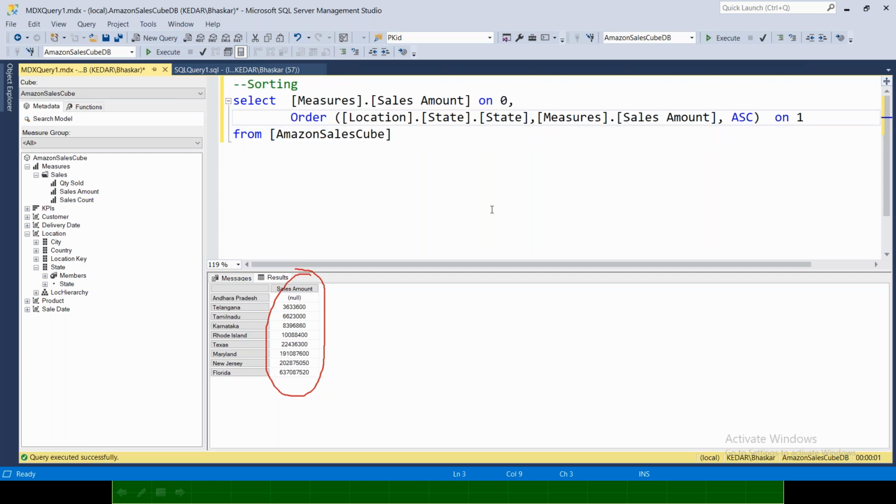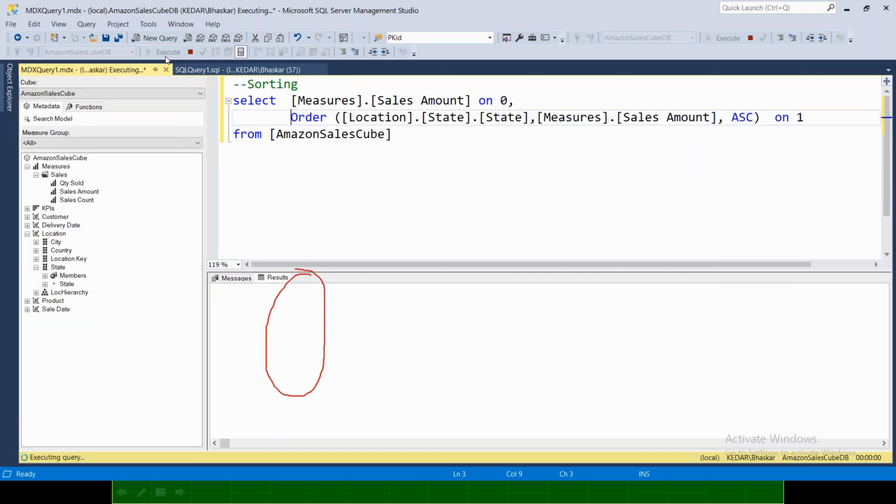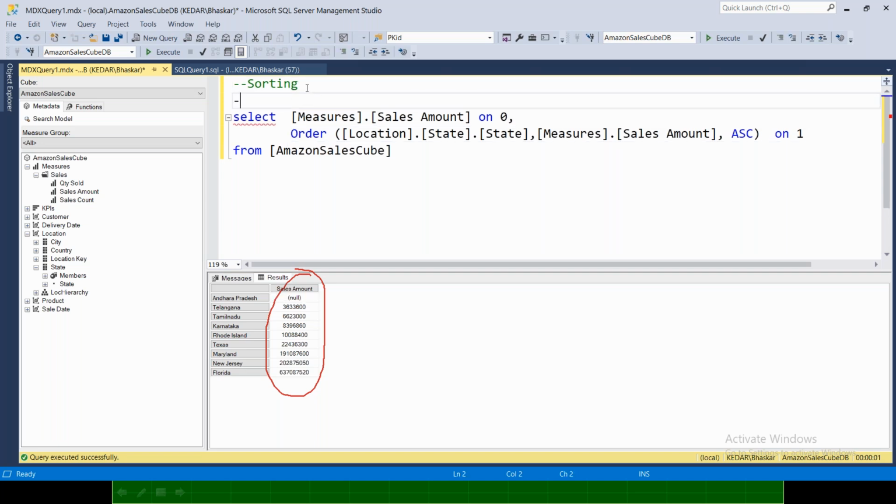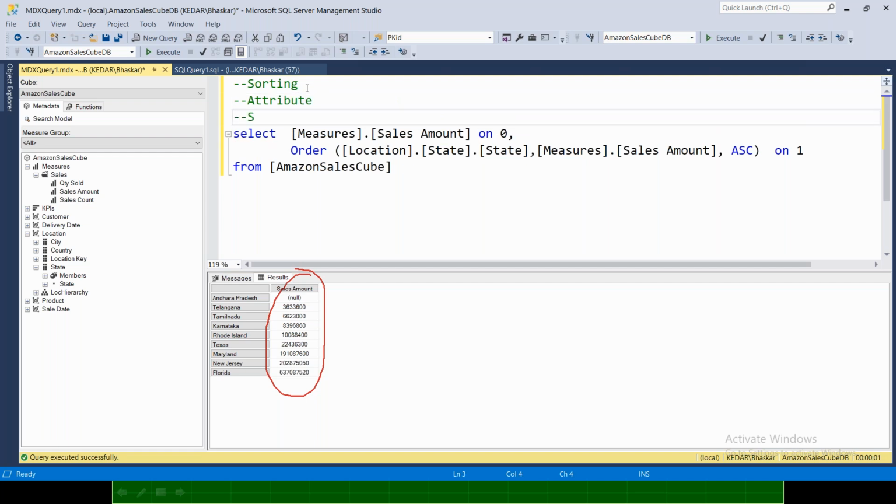Now I wanted to have only non-empty data. I don't want to get the null values, right? If you wanted to remove null values, you need to use non-empty. Otherwise, you will be able to get the null data. Have you seen this? It is very, very simple to sort the data like this. Clear? So we are going to be using attributes, and we are sorting the data